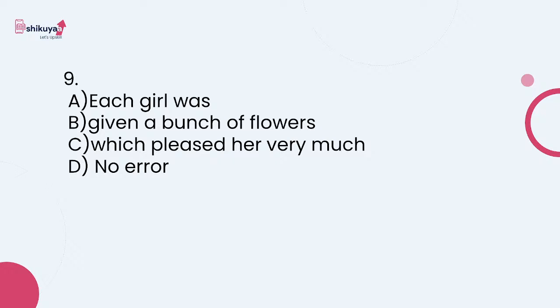There is no error in part B or in part A. Part C, which pleased her very much. Okay, so this action of giving a bunch of flowers pleased means each girl, who were present there. But here in part C, this part is saying only about one specific girl, that is her. So instead of her, we should use here the plural form. Okay, so our correct sentence would be like this: each girl was given a bunch of flowers